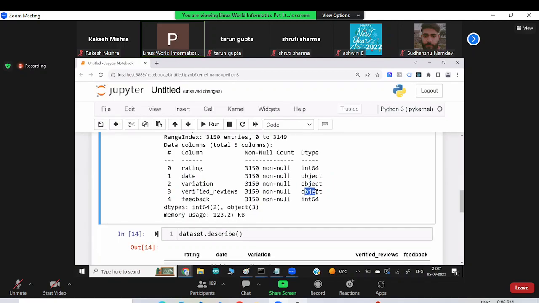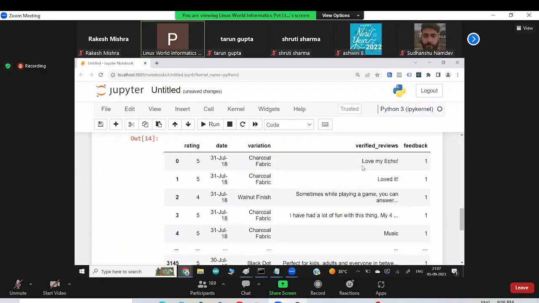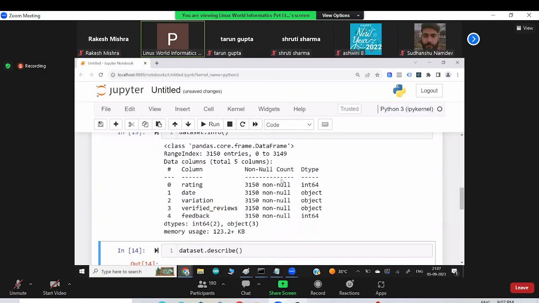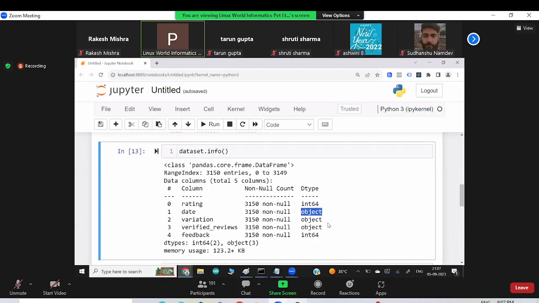Object means kind of strings here. If you see this data set, this is like a string, right? Or this data also is like a string. So the pandas describe function by default does not describe any column that has object type, like a string.